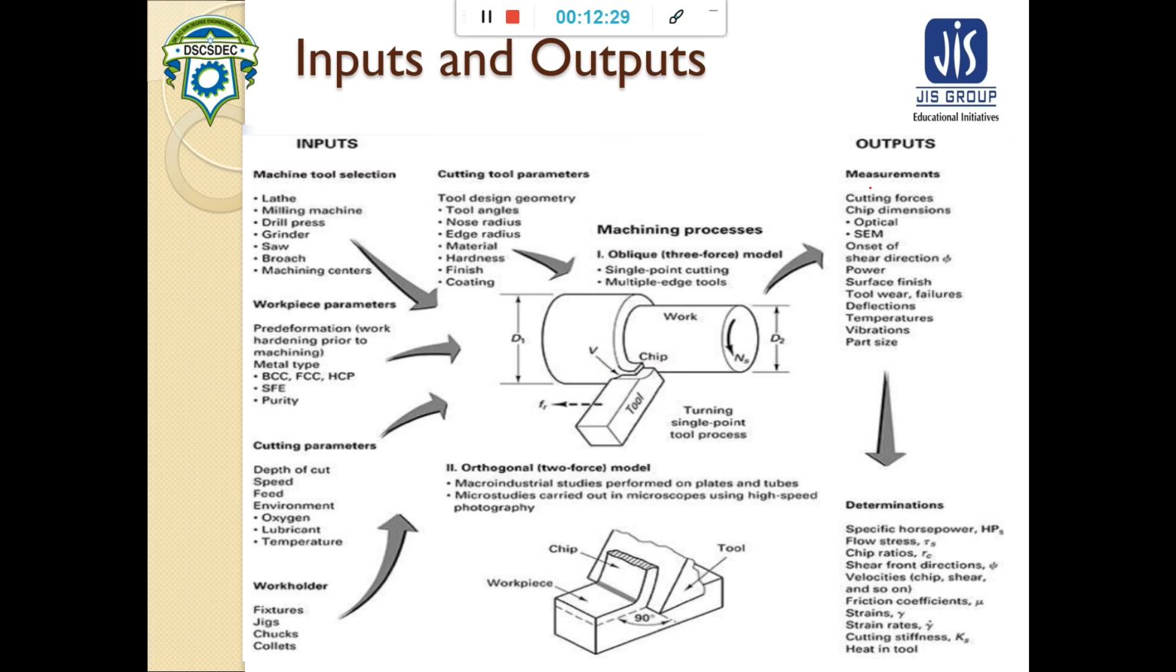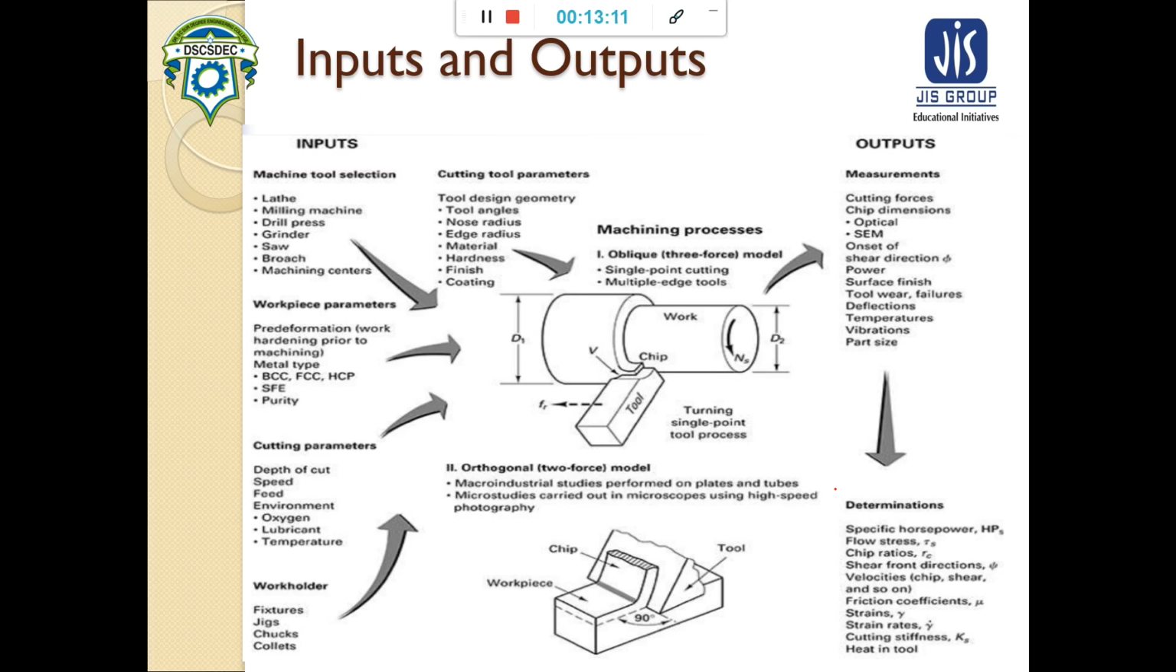And the outputs are the measurements, that means cutting force, chip dimension, that is by optical and by AFM or scanning electron microscope, onset, shear direction, power, surface finish, tool wear, failure detection, temperature variation, part size. These are our measurements, and what we can derive from an experiment on turning or machining, we can derive specific horsepower required or power required for machining, we can derive flow stress, we can derive chip thickness ratio,